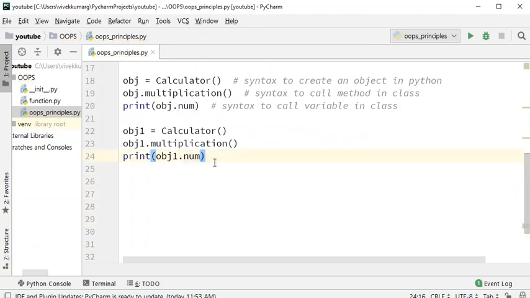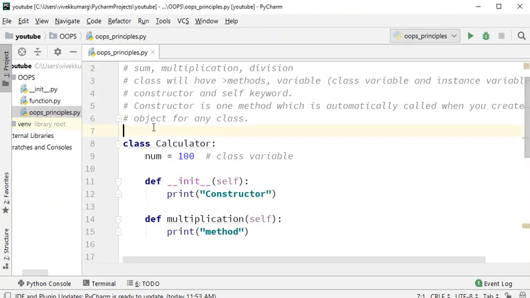So now understand this. What did I say? Take a note. Class variable will be constant no matter how many objects you create.